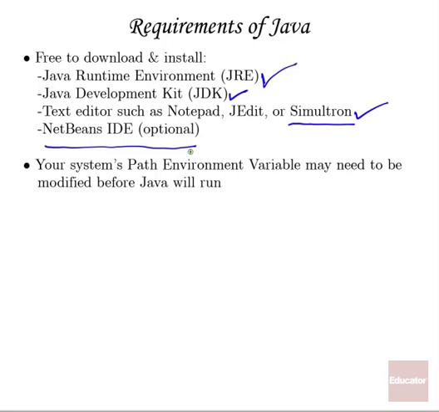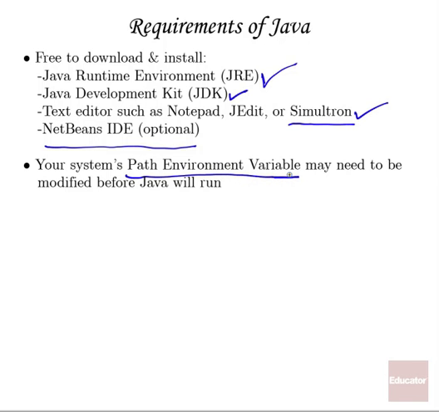If you download any of these requirements and you do some of the things that we're going to show you here, and you get an error that says something like the path environment variable is not present or it can't find it, or any error that says anything about the path environment variable, what you need to do is alter, modify, or verify what systems call the path environment variable.